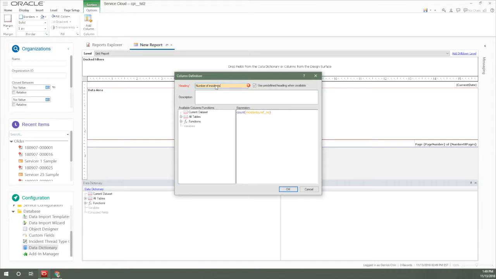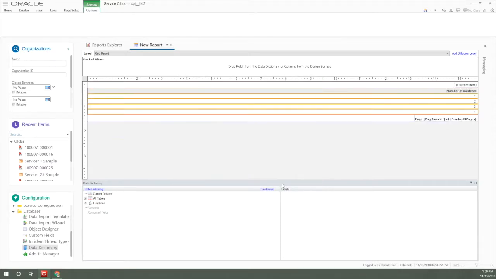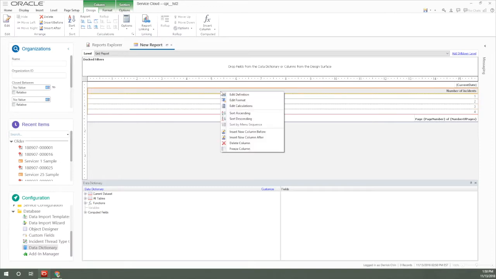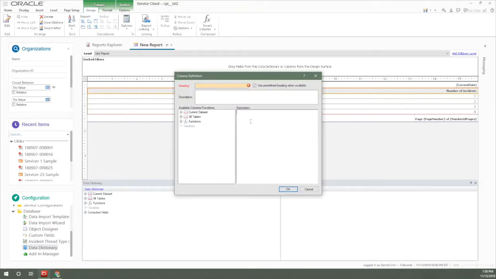But instead of getting this full number, which is just a total count of all the incidents that we have, we may want to add some conditions. Well, I guess if you wanted to, you could filter this, but another way to approach this is to say count, or actually, sorry, you're going to say sum,